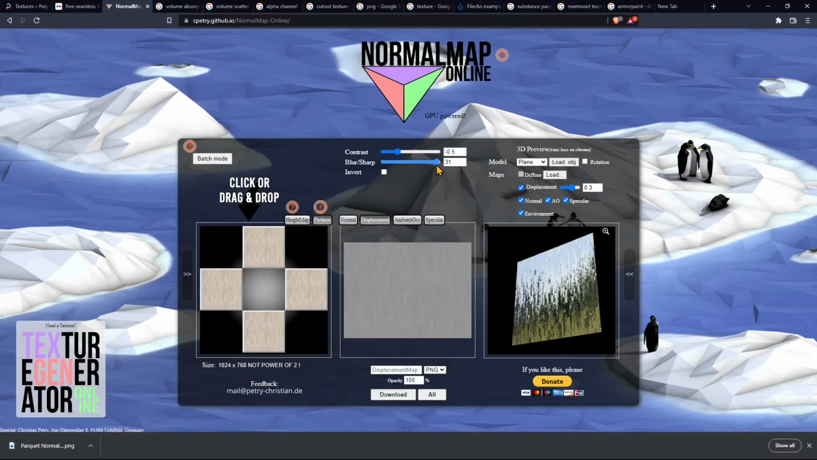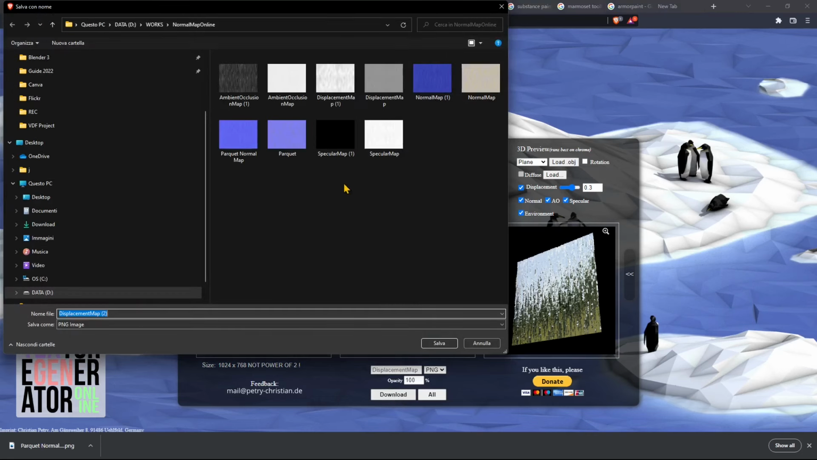So I can go here and say, okay, maybe I want something real strong for this effect. I want something to be really extruded. So remember that in the displacement, the white represents the extruded part, the black, the part that is not going to be extruded, the grays are the middle ground. So again, I'm going to click on download and save it